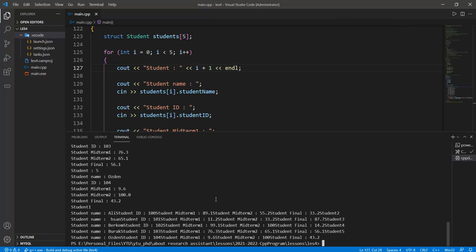Okay. And so the students kept the information of these things: student name Ali, student ID